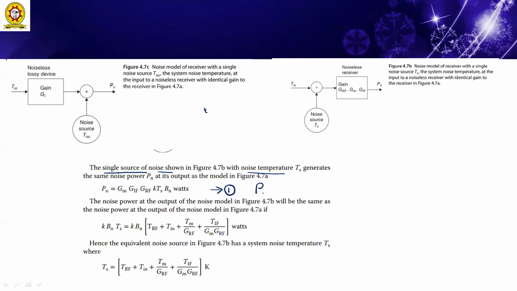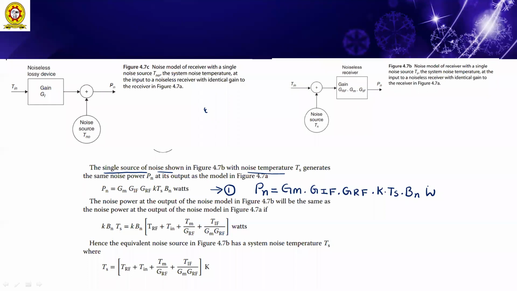So what is the equation? Pn equals gain of mixer stage, gain of IF amplifier, gain of RF amplifier, Boltzmann constant, system noise temperature, and